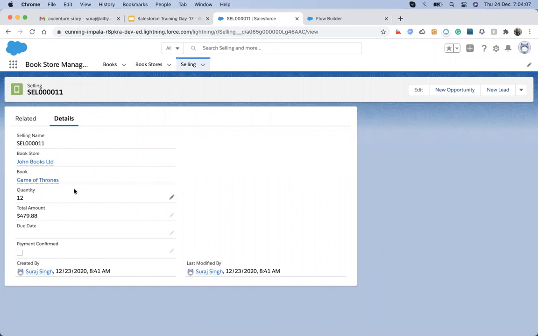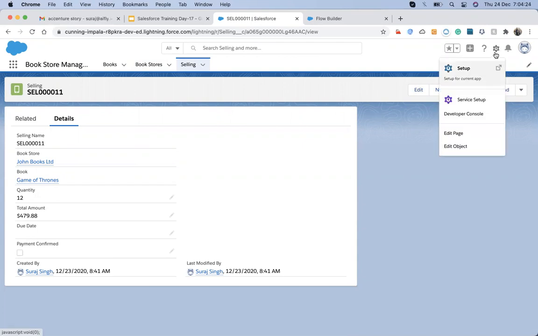I'm going to make this book field a lookup so that I can build functionality on the update. Whenever the book is updated, all these things get updated. So for this example, I'm going to convert it to a lookup.